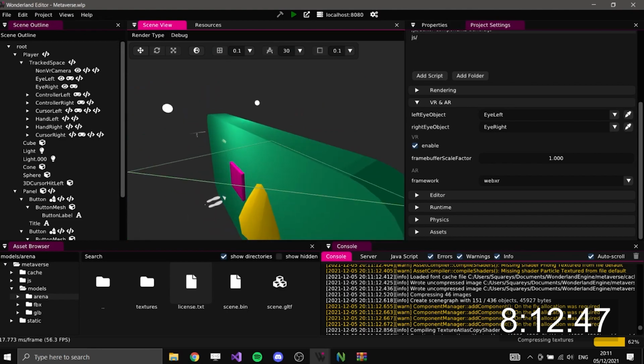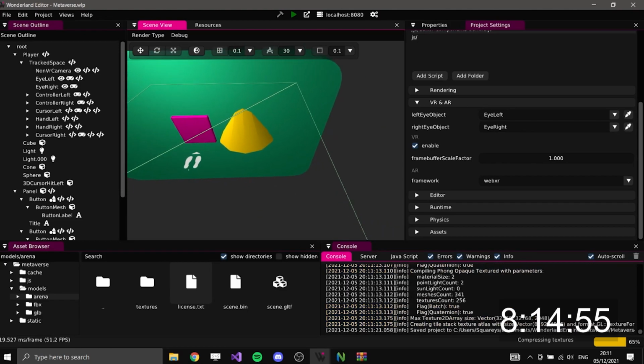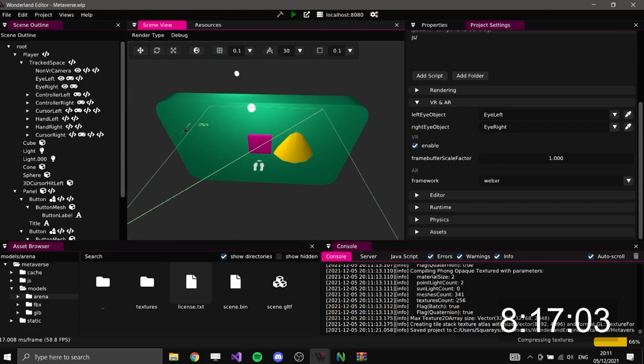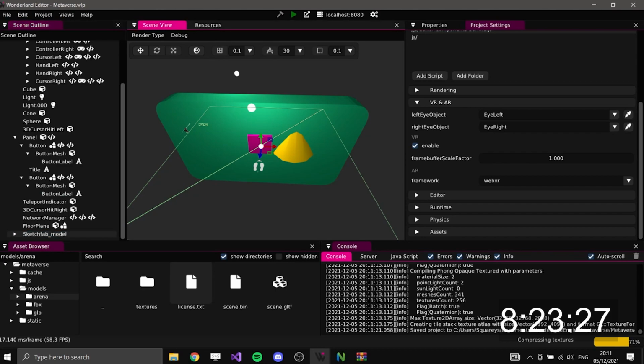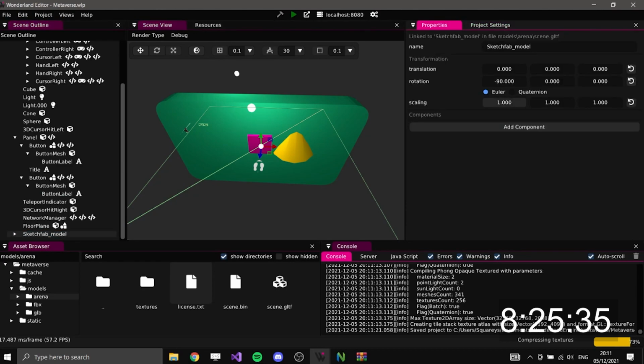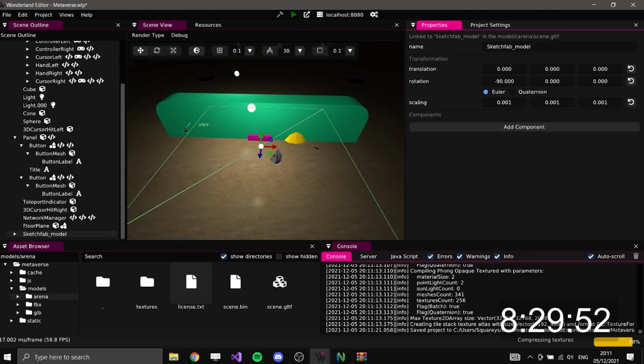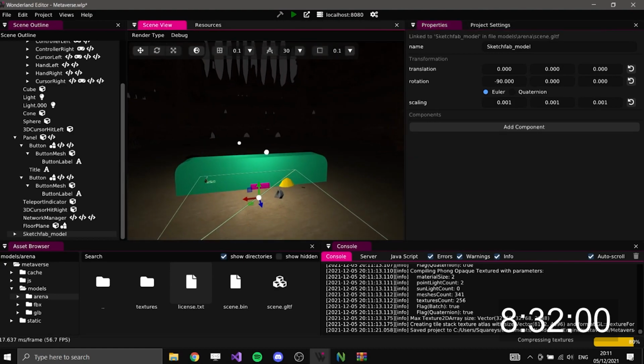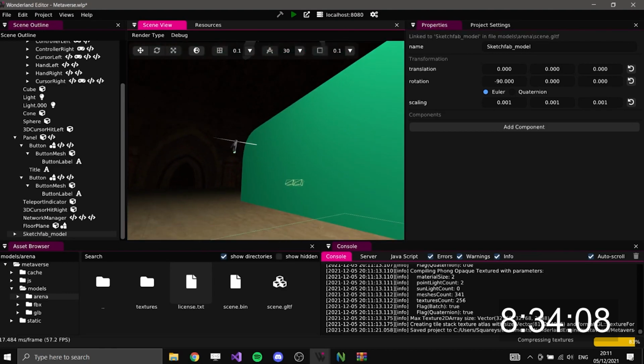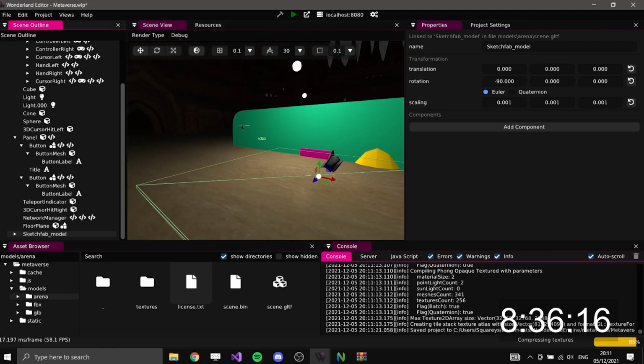I'm not quite sure what happened here. But we'll just quickly let the textures compress down here. And I know that this model is 1000-fold too large, so I'm just gonna scale that down a bit, and we see, hey, this looks pretty decent. For some reason, our panel here grew a bit, so we're just gonna reload the project in a second. That might be a small bug,